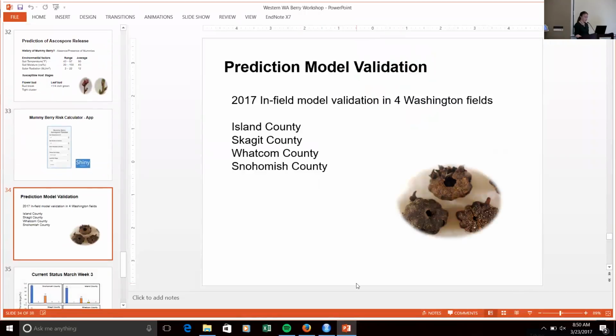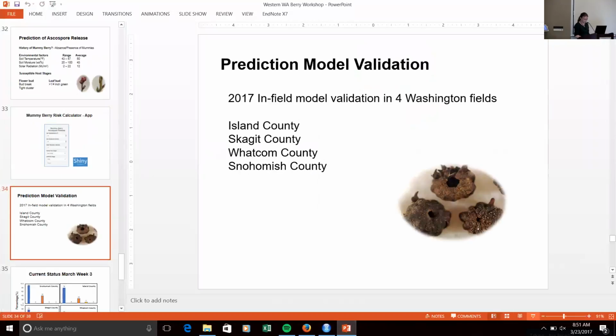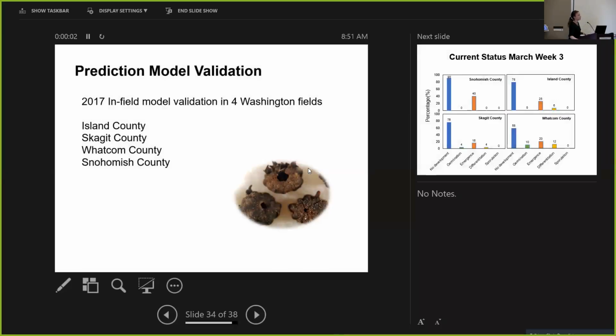Now, for validation of this, in this application that we were wanting to put online, we use an algorithm. And to see if this algorithm actually predicts the apothecia accurately, this year I'm validating this model with 4 field locations in Washington, so